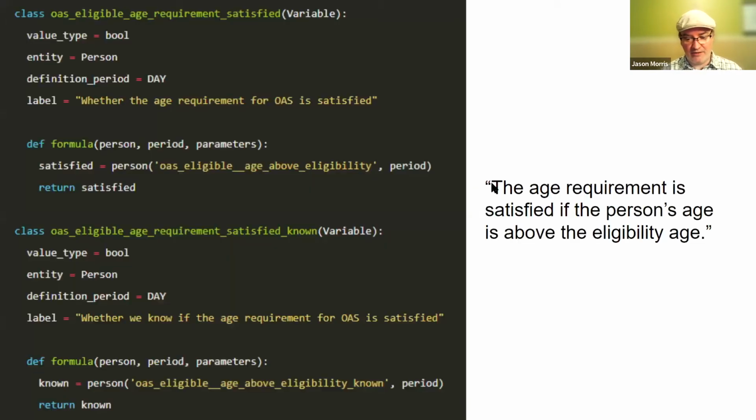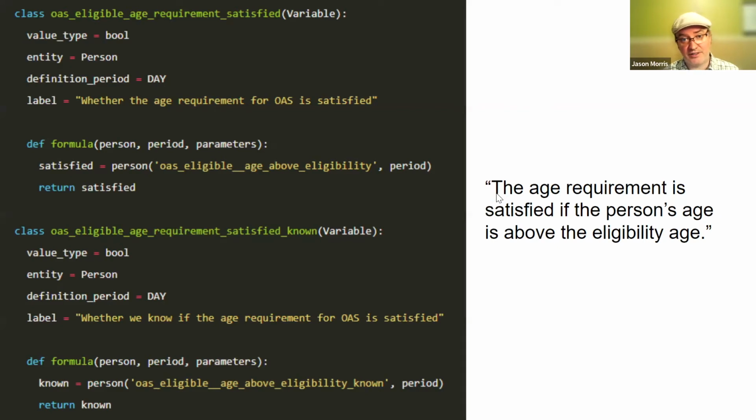To give you an idea of what this looks like practically, the code on the left encodes the statement on the right. The age requirement is satisfied if the person's age is above the eligibility age. That seems like a lot of code to say something that seems relatively straightforward from the perspective of the person doing the encoding. And it turns out it actually is.